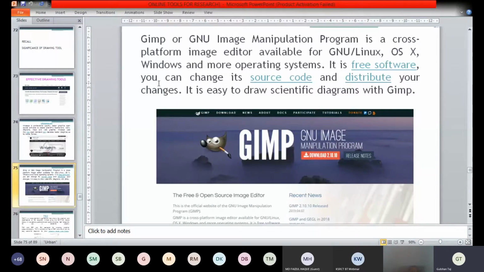You can even change the source code as per your requirement, but for that you have to be very familiar with the code. Then you can change the code and distribute your changes. So whatever changes you want in your diagram, you can carry out using GIMP.